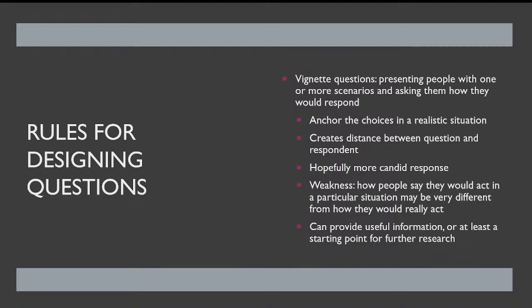In terms of weaknesses, when you abstract it out, people may say something quite different than what they might do in real life, right? You can get the scenario where someone answers in the way that they think someone should act, even though they would act differently in their own life. Should you return the wallet, right? You might keep the wallet, but you would say that Sarah should return the wallet she found that contains $1,000, right?